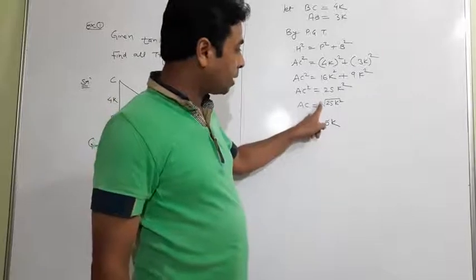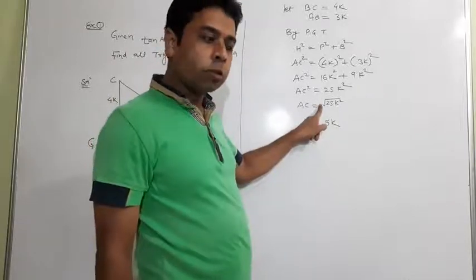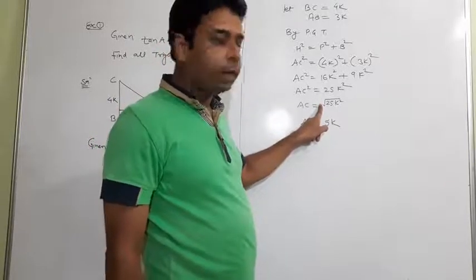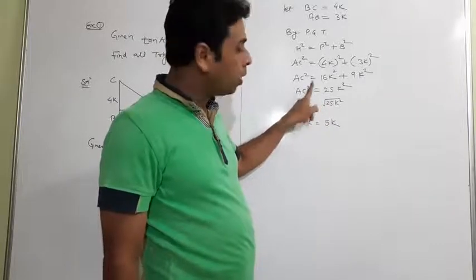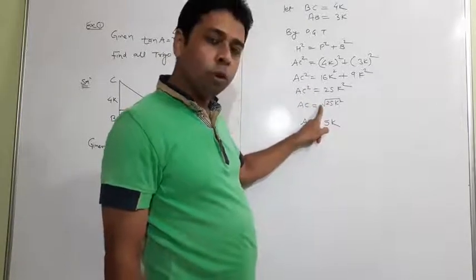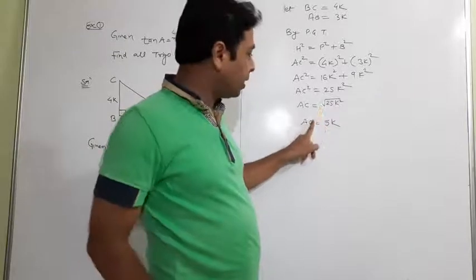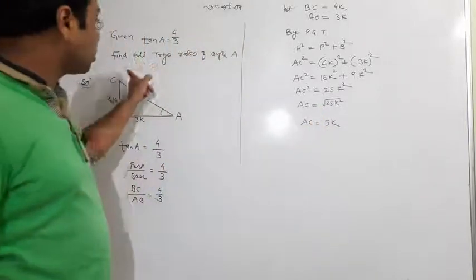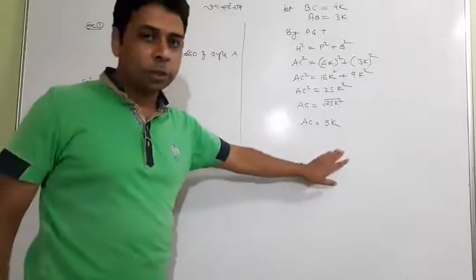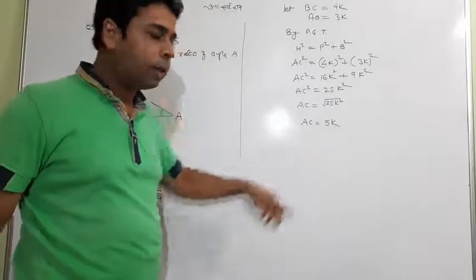I missed the plus and minus sign. One must know, it should be your habit that whenever a square root is taken, always follow the plus and minus sign. But let me explain, AC is a distance, so it will be taken as a plus sign, so I haven't taken plus and minus sign here. So it is 5k.